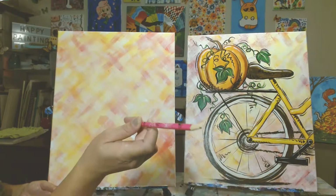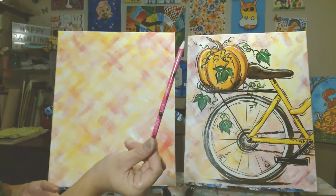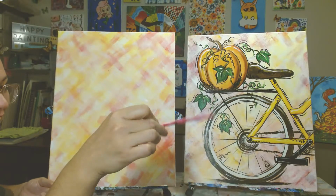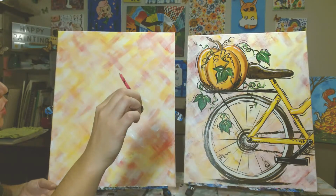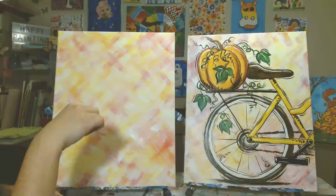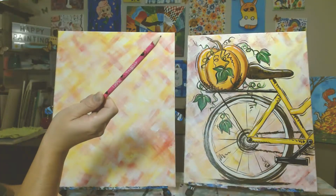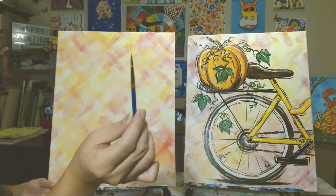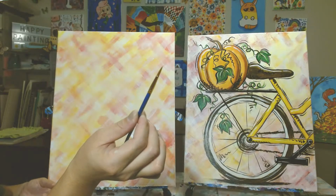I mentioned earlier, you could do your sketch with a pencil, and I've got a Halloween pencil if you want, or really any drawing implement. Let's say you have a pencil crayon nearby, colored pencil. You could do a sketch in pencil crayon. I'm going to do my sketch in paint with a thin brush